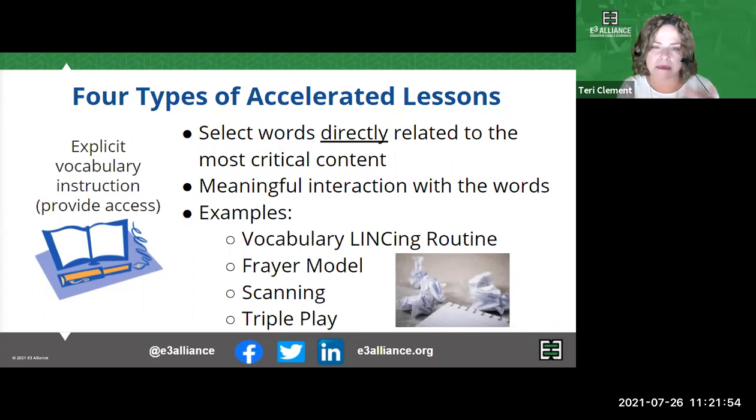We want to have them interact and use those words in speaking, reading, writing, listening experiences. So I would say definitely reach for things that are meaningful and have another layer to them as far as students using the vocabulary that they've just been introduced to and their definitions. There's some examples here that I'll go deeper into when we do a deep dive into a lesson in just